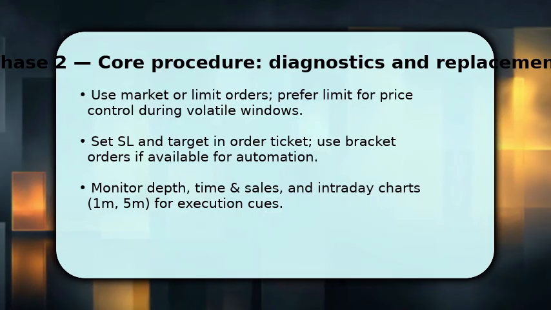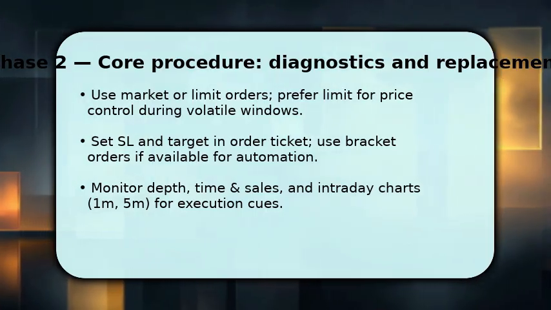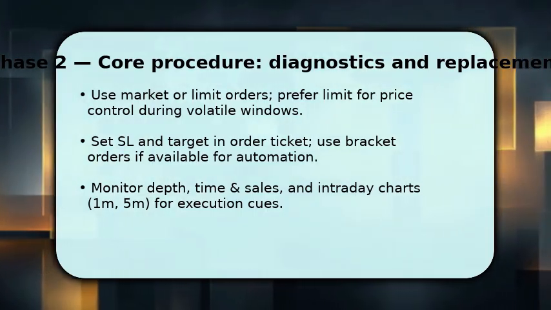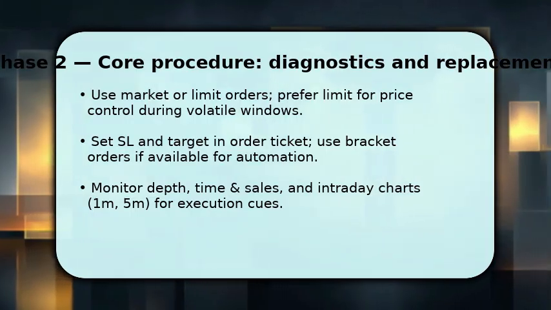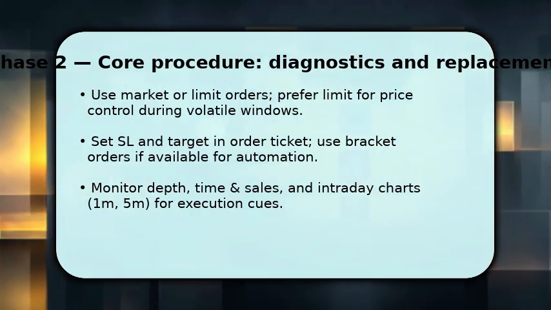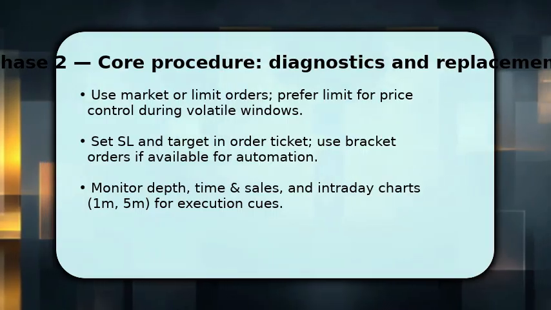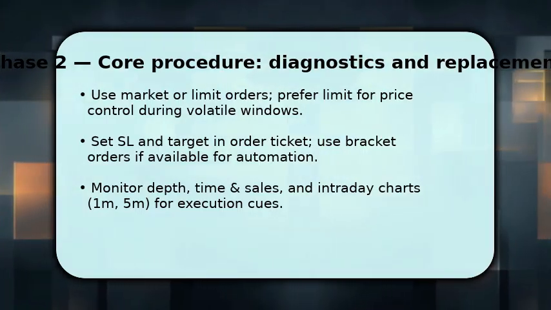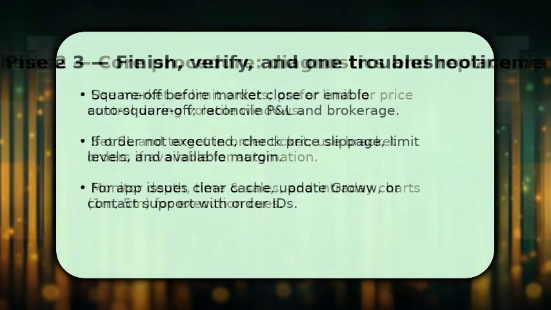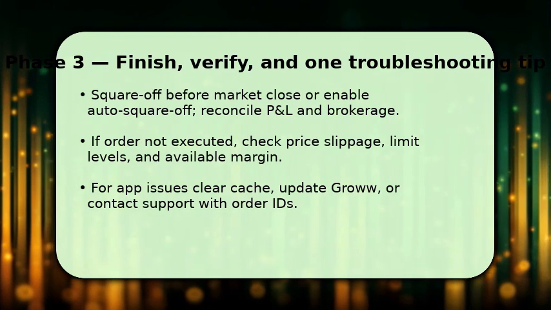While the trade runs, monitor order book depth, time and sales, and short timeframe charts, 1 minute and 5 minute, to judge momentum. Adjust only with a clear rationale. Avoid random changes. Finish by closing positions before the market session ends, or confirm auto square-off is enabled so you